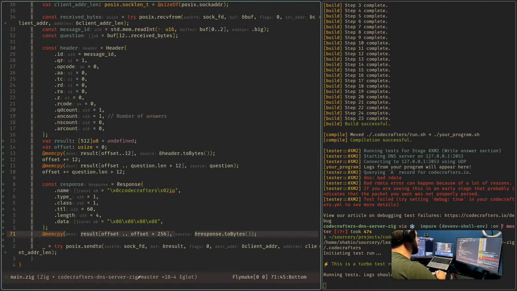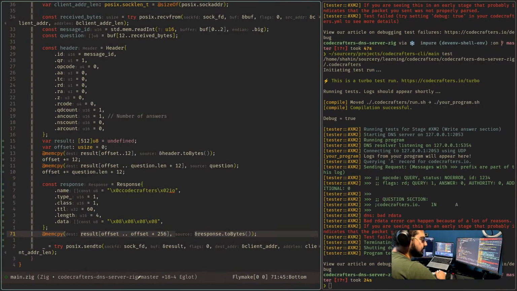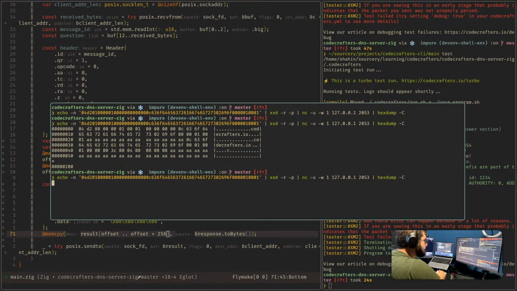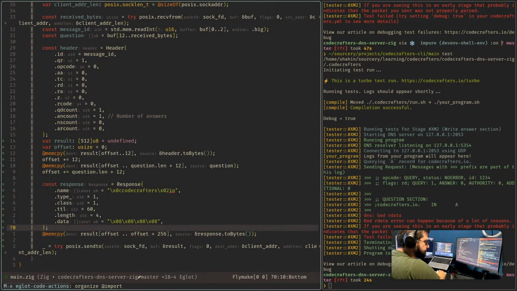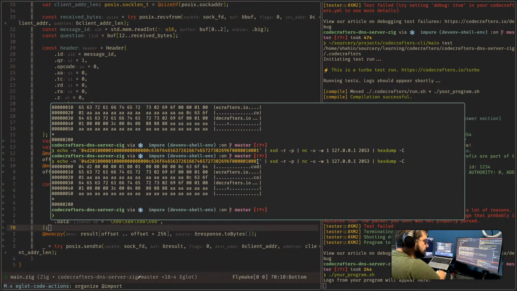Because if you can parse a name, I'm considering them quite similar. So sending request. Yeah, enable this, and then